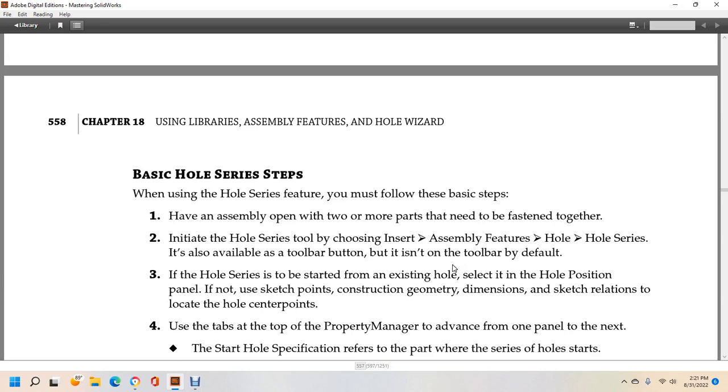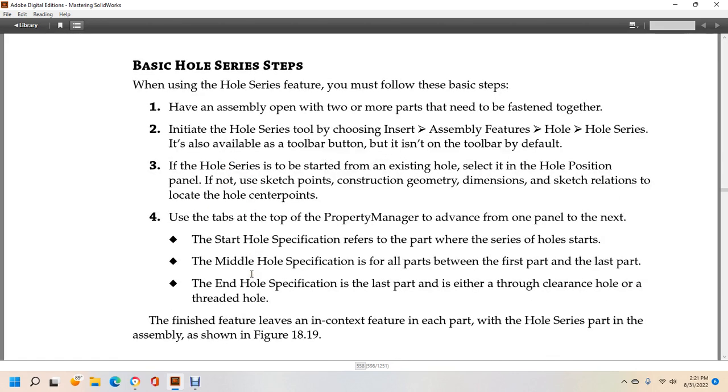the Insert, Assembly Feature, Holes, Hole Series. It is available as a toolbar button, but isn't on the toolbar by default. The hole series is started from the existing hole, selecting the hole position panel. If not using sketch points, construction geometry, dimensions, or sketch relations, locate the hole center. Use the center tabs at the top of the PropertyManager to advance through the panel with the next start hole